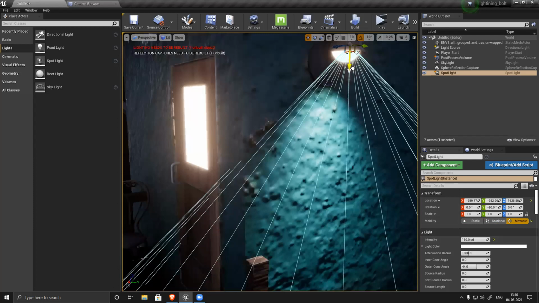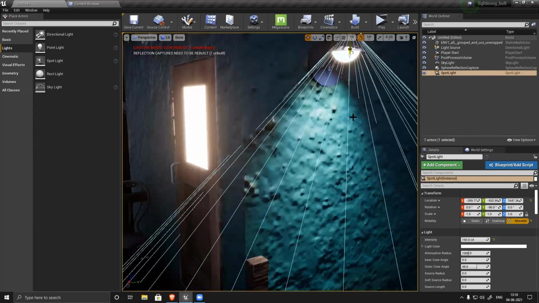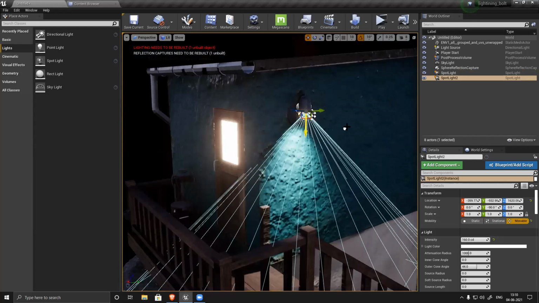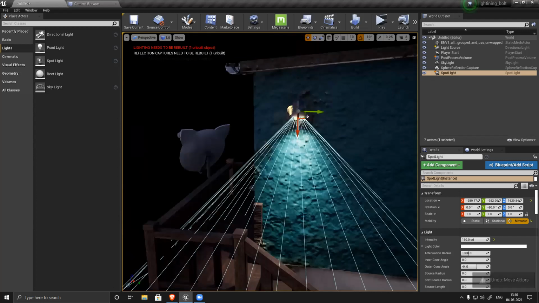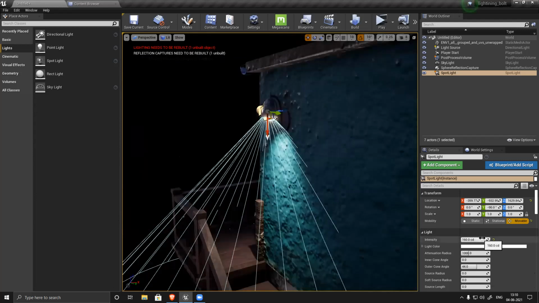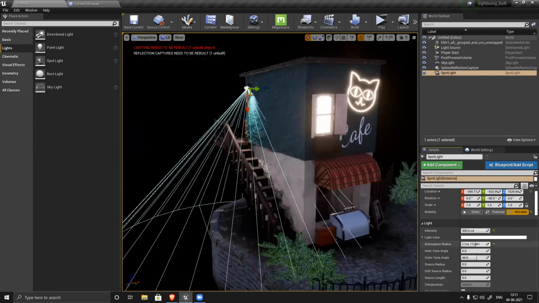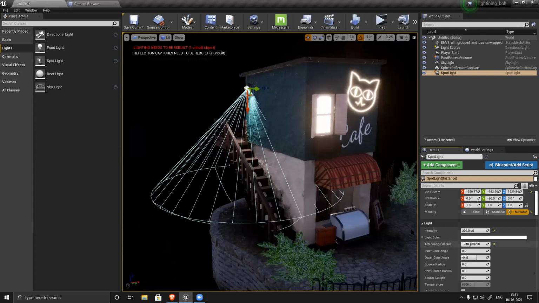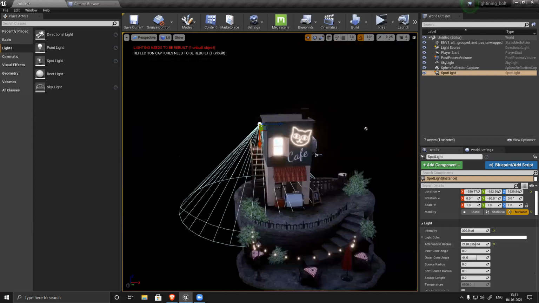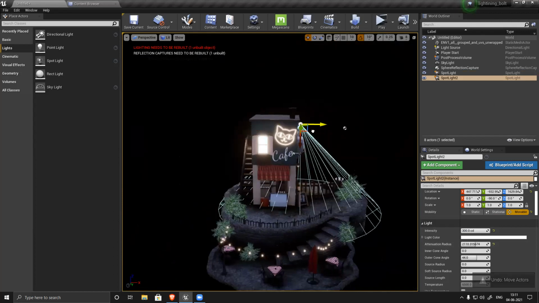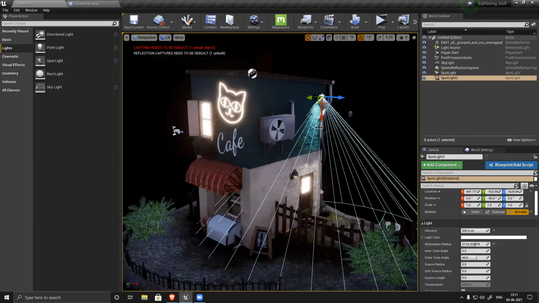I can move it nicely, place it wherever I want. Technically we are supposed to place it here only. By default you can see it cannot go beyond 160, but if you want to go beyond, just type it down. 300, make it bright like this. But you can see the length is very less. I can increase it like this. Now, similarly, I have one more light. Alt, drag, duplicate. I have another spotlight here.